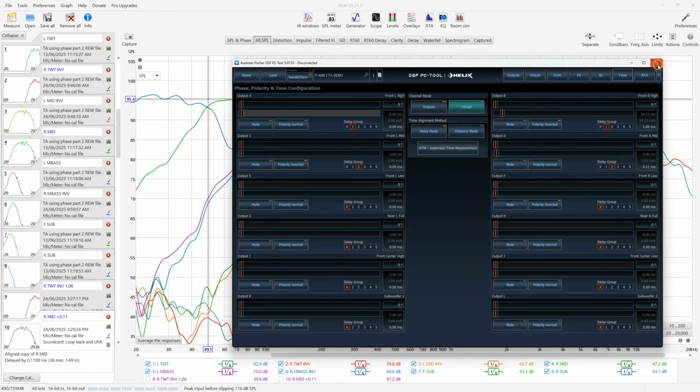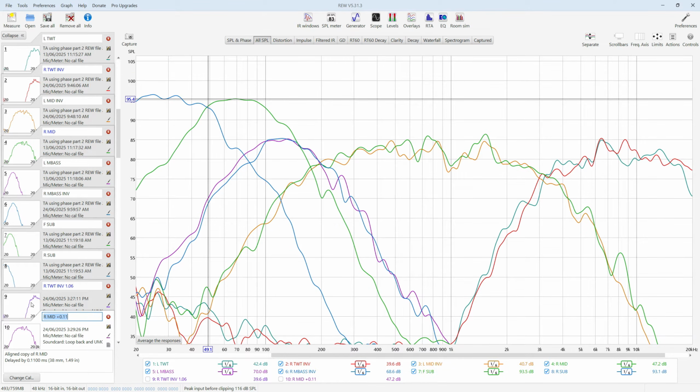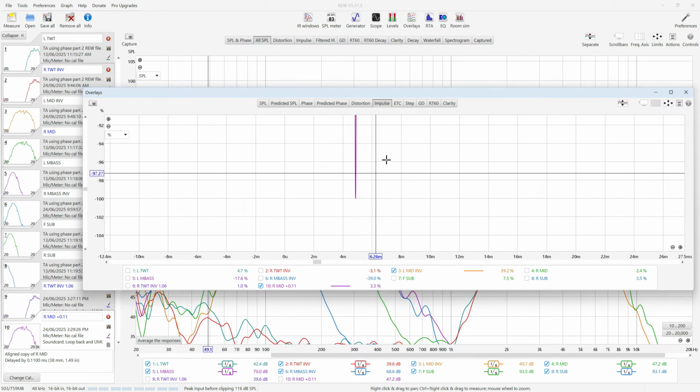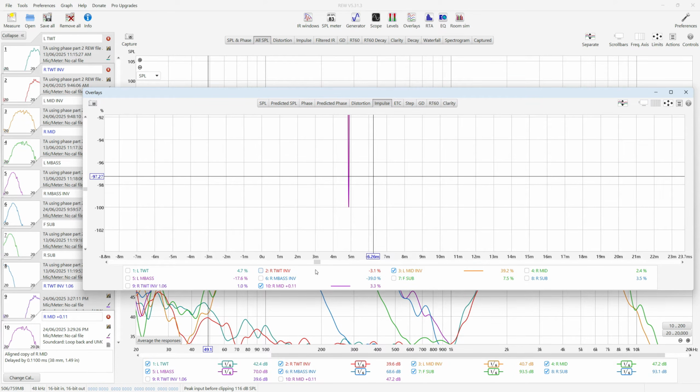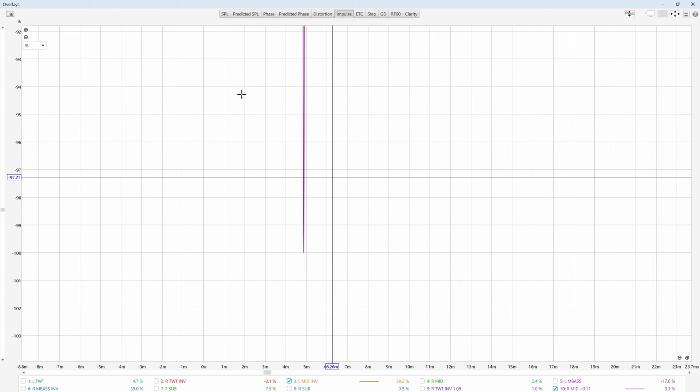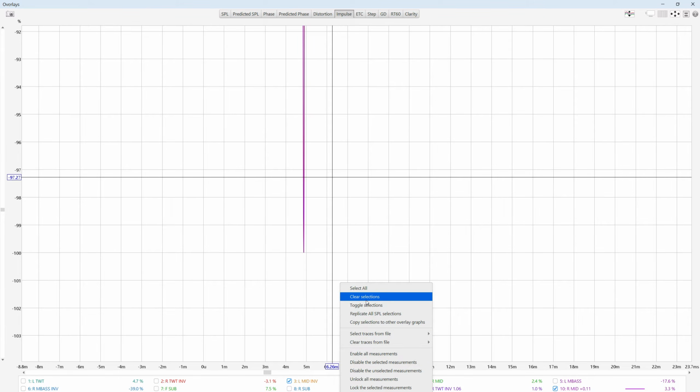Alright, so let's go to the mid bass. Whoops, reduce that. Alright, so the mid bass, same thing, we go into the overlays. Now the mid bass are a little harder to see. We get to the point where the high frequency drivers are good to do with impulse responses, because the impulse responses are very sharp. The low frequency drivers, like your mid bass and subs, are sometimes easier to align using phase. But let's have a look at the impulse first,